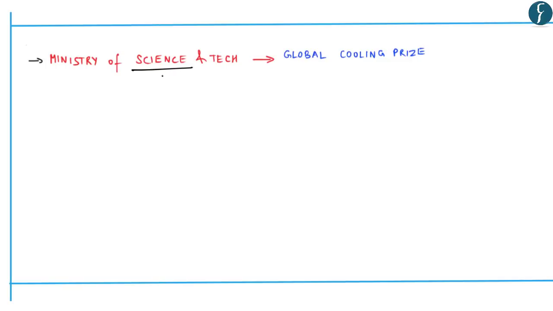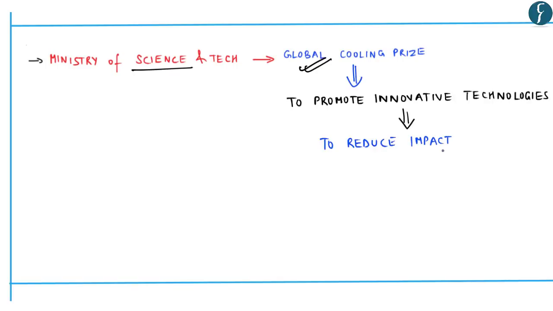Thus, in this aspect, the Ministry of Science and Technology has instituted a new prize known as the Global Cooling Prize, and this is to promote innovative cooling technologies that could reduce the impact of climate change and also to reduce the climatic impact of these residential air conditioning units by at least 5 times. So in this context, let us understand the details with respect to the prize as announced by the Ministry